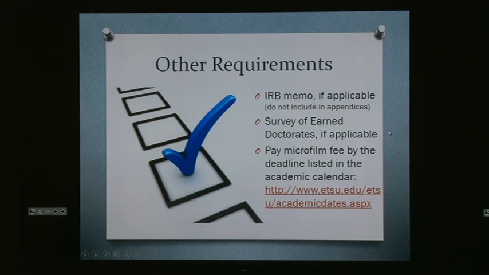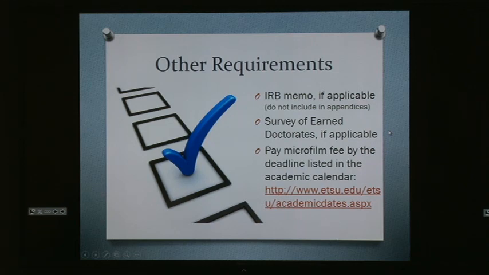Okay, and the last day to upload your committee-approved thesis, that's 1 week later, that's July 16th. That's the date, July 16th, that you need to have that uploaded to me on or before that day. And then the microfilm fee deadline is August 6th, and that's just a few days before the semester ends, which is August 10th. And August 10th is the deadline for final approval of the thesis or dissertation.